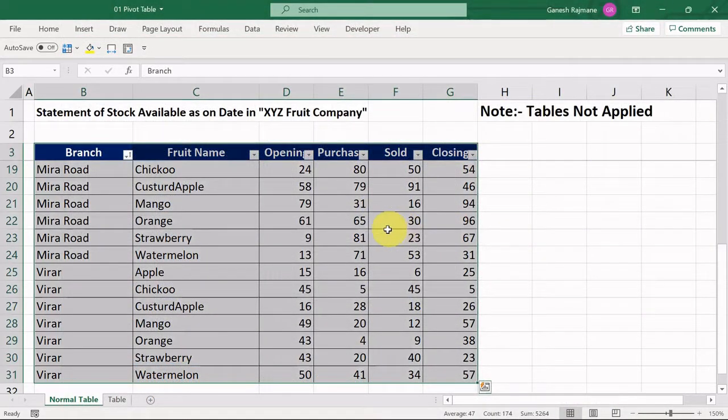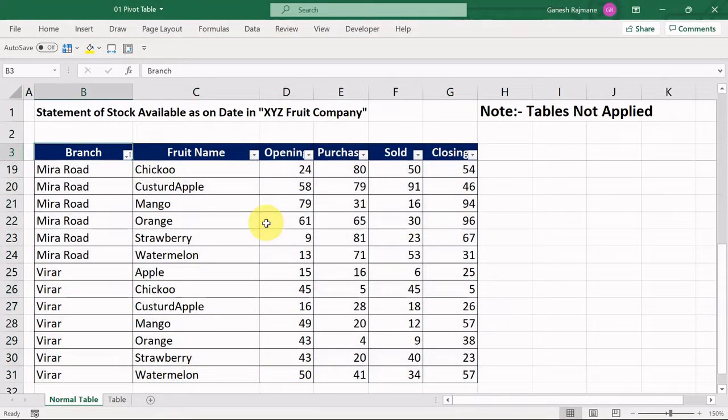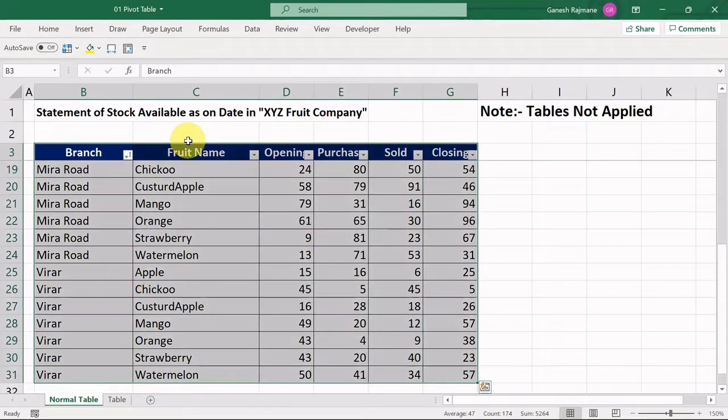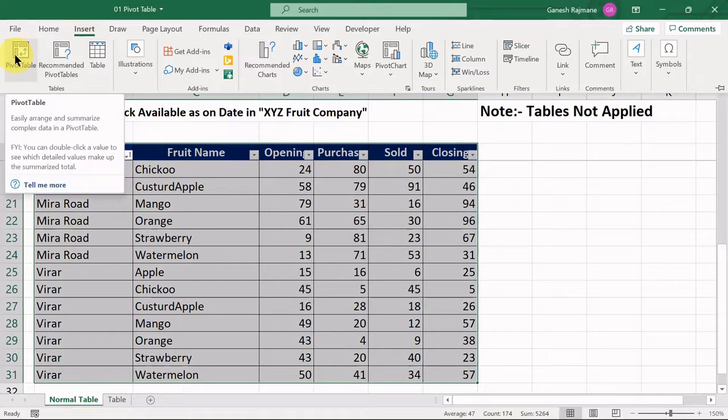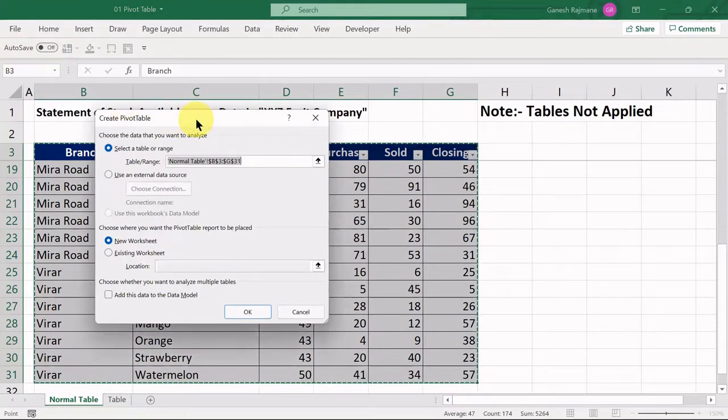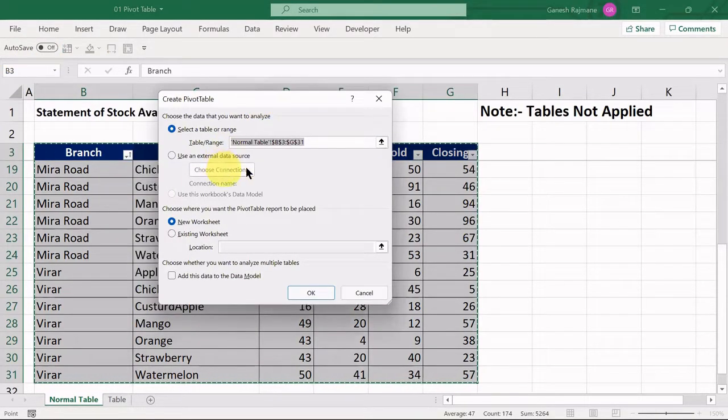And now we will apply the pivot table in this normal table. First, I have to select this table. I have done the selection. Now I will go to insert tab and I will insert a pivot table. A dialog box will appear. Here the first option is select a table or a range, for which we have to create a pivot table.